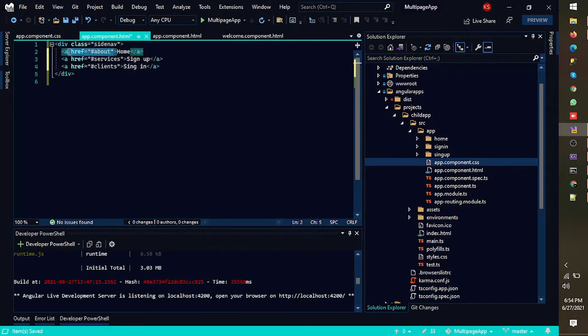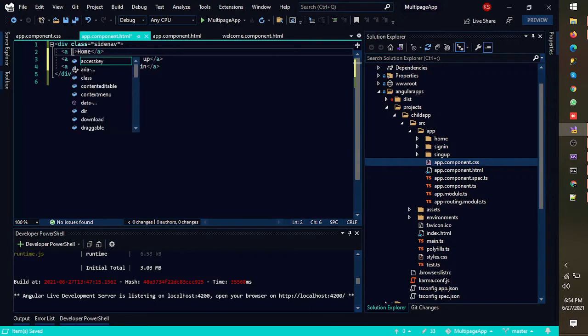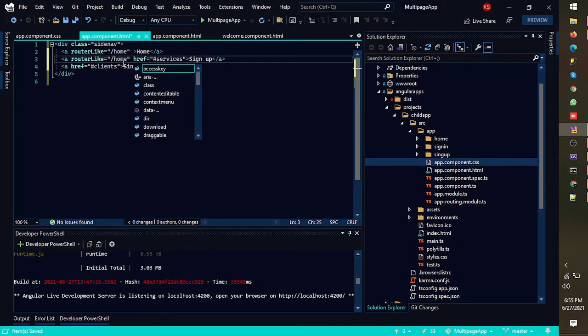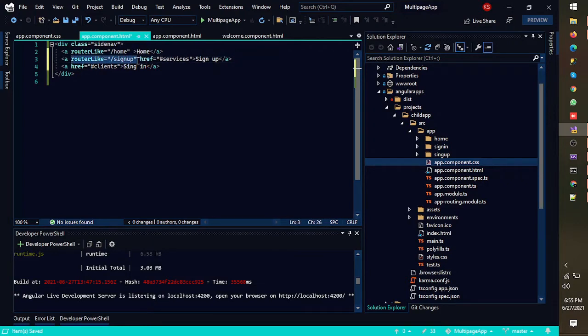Here we would need to add router link. That would be slash home. Similarly, we will need for sign up, that would be sign up. Similarly, we would need for sign in. So copy and paste it here.